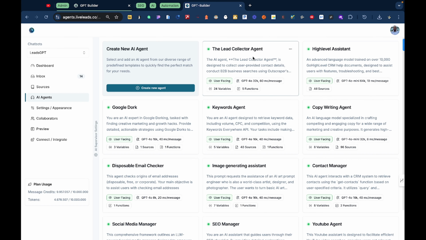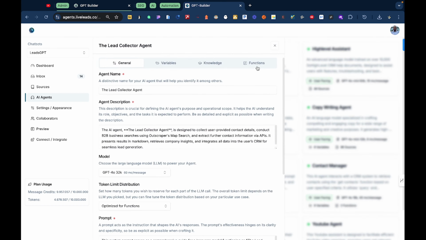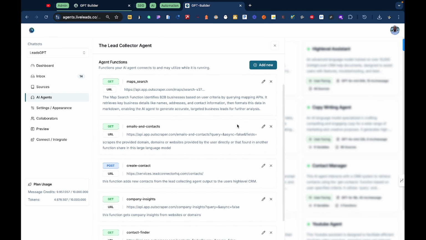Now, the lead collecting agent does the following. It will go and find B2B leads, okay, or using Google Maps. Then what it does is instruct it to then find the emails and contacts. So step 1 is map search. Step 2 is emails and contacts. Step 3 is create contact. Now, this create contact is what integrates it with your CRM. So you can see that over here